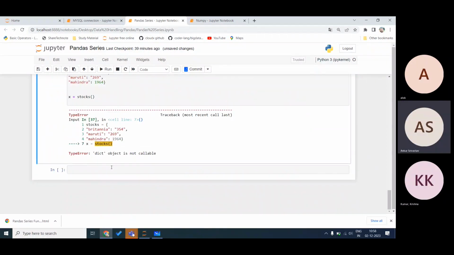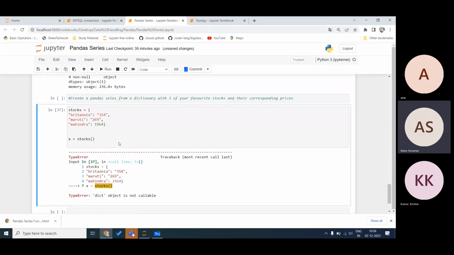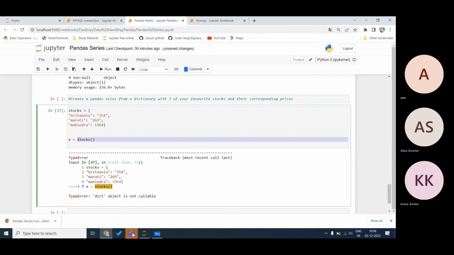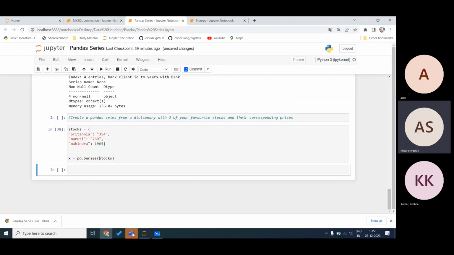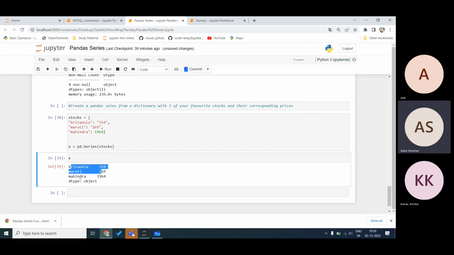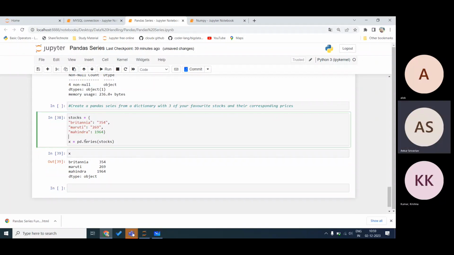See, dictionary object is not callable. You cannot do this. The requirement was pd dot Series and passing your stocks. Now, Britannia, Maruti and Mahindra. Got it? And this is not required.